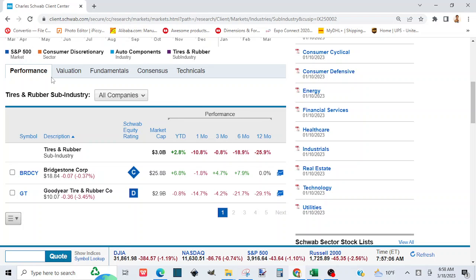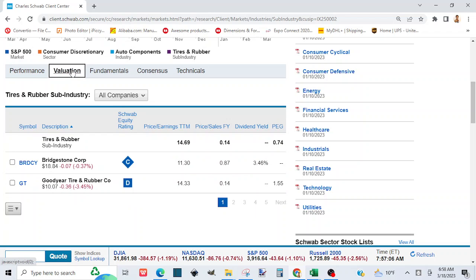So to find that, you have to go to valuations, and you are going to find dividend yield in valuation. So when you click on dividend yield, it's going to sort it out for you from the highest to the lowest. And this one has Bridgestone Corp that pays